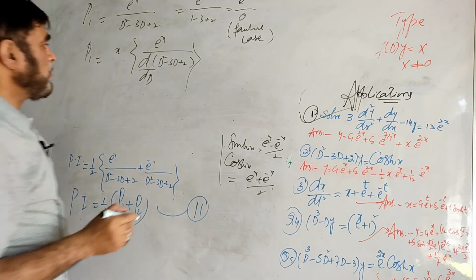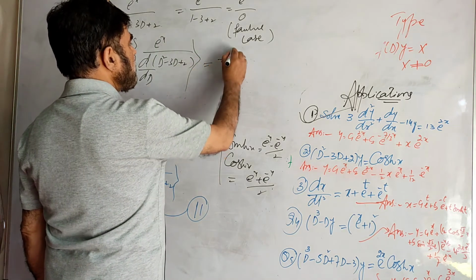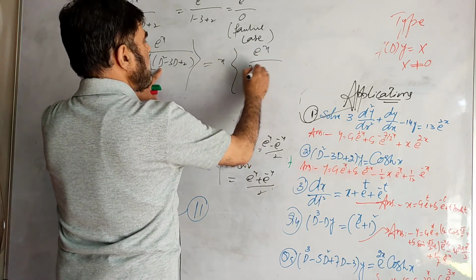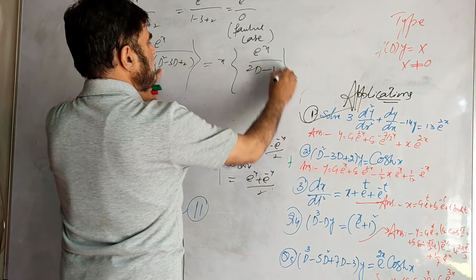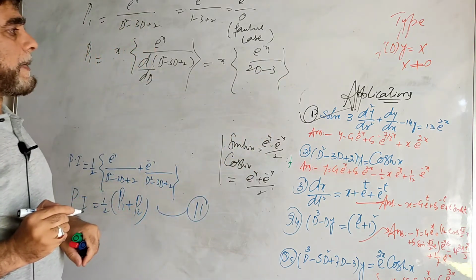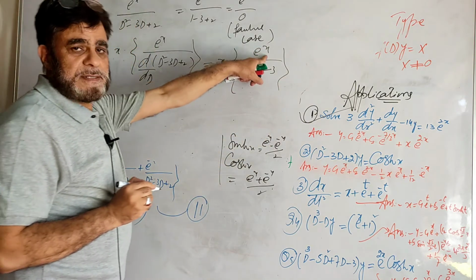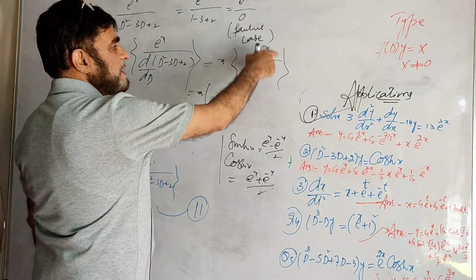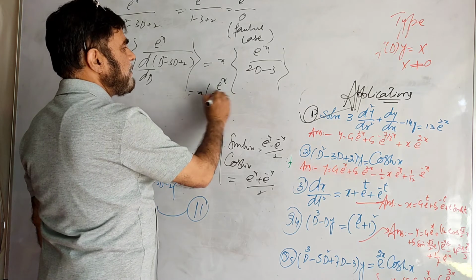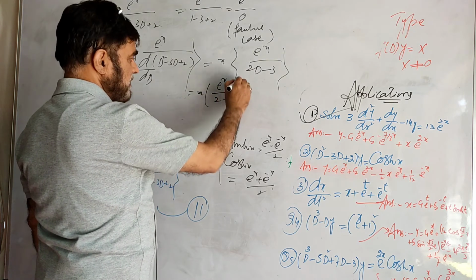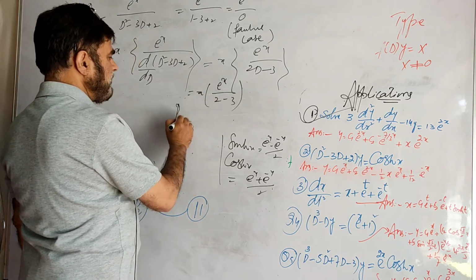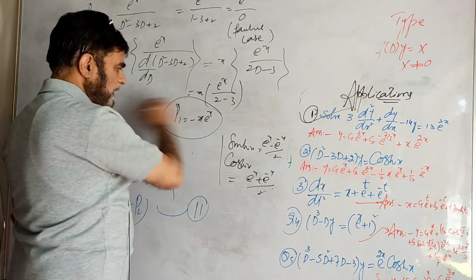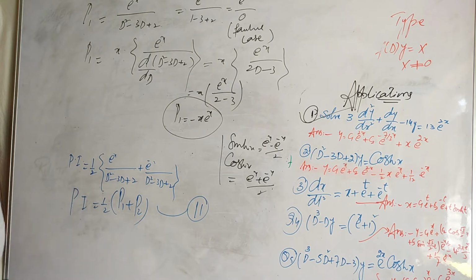This is the simple method. There are some other ways of doing this. This is equal to x times e raised power x, and the differentiation of this is 2d minus 3. Now I have to give the value of d, the coefficient, which is 1, because our a is 1. It is x e raised power x by 2 minus 3. So my p1 will be minus x e raised power x. I have found p1.